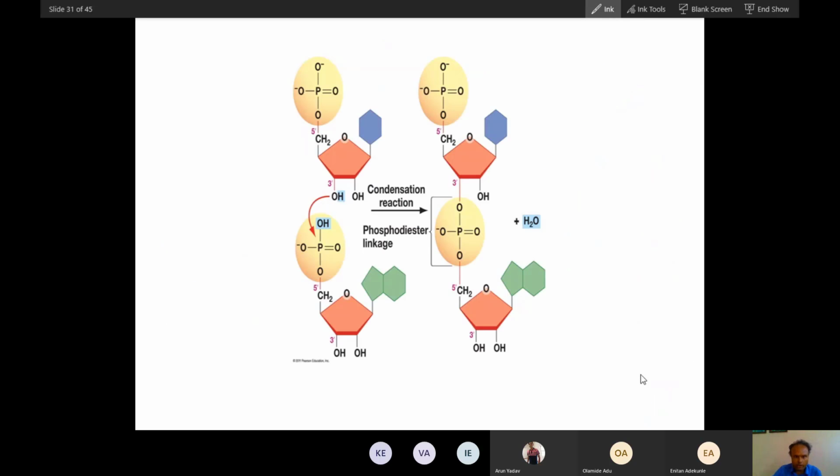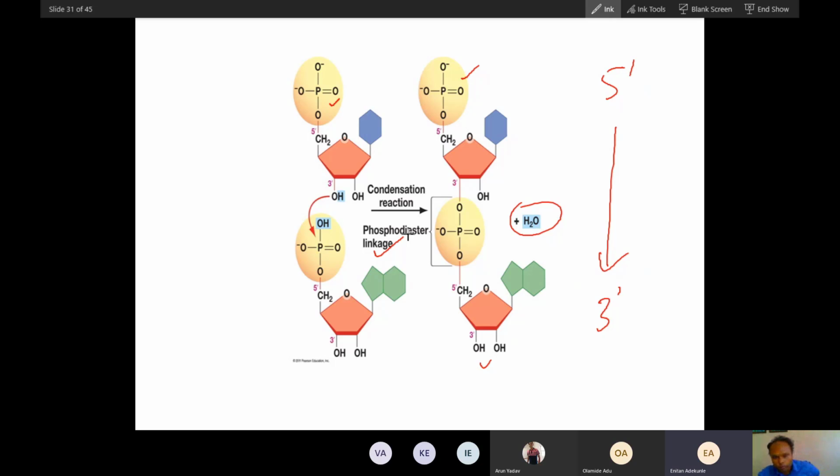Now let's see how the bond is formed, from this picture. This is one nucleotide. You can see this is the 5' phosphate, and this is bound to the 5' OH on this carbon, and the 3' OH. With this 3' OH, the 5' phosphate will bind here. Now this is free, and here this is free. That's why 5' to 3'. Did you understand? Bond formation happens with the loss of water. This is a condensation reaction, and this is the phosphodiester linkage. Did you understand?